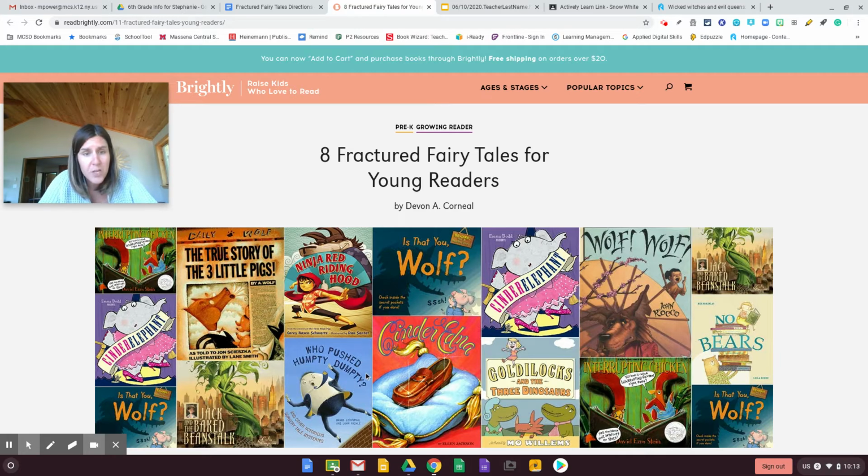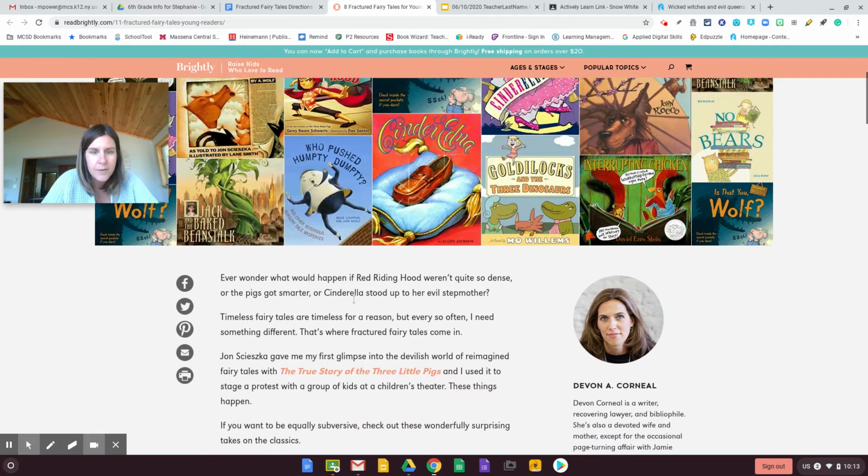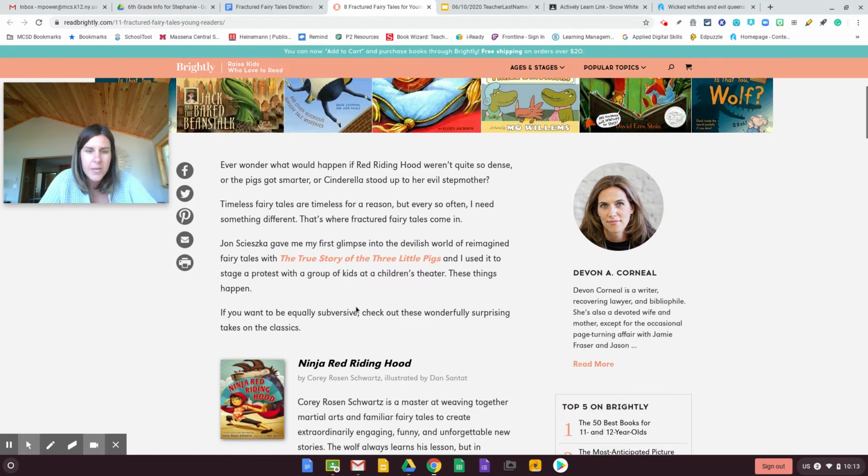Some of the other ones, Who Pushed Humpty Dumpty? This one I like too, Ninja Red Riding Hood. So here are different examples, and if you scroll down, you can read more about them to get ideas of what was changed within that fairy tale to make it a fractured fairy tale. So take a look at those so you get some ideas of different ways that you could fracture a fairy